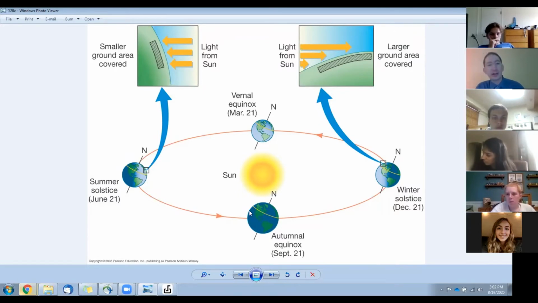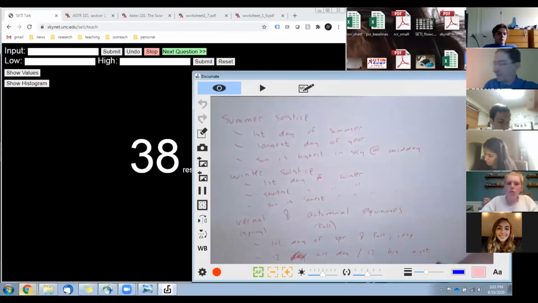I just did the equator. So at the equator, it doesn't matter where you are in the orbit. It's 12 hours a day, 12 hours of night on the equator everywhere. But the special thing about the equinoxes is even if I'm way up here near the Arctic Circle, half of it's in darkness and then the other half of the globe is in light. So 12 hours everywhere. Same over here on the vernal equinox. 12 hours and then 12 hours on the backside. And again, it's because the tilt is neither toward nor away from the sun, so it's a simple 12-12 division everywhere. Okay, given that, let's go back to our warm-up question and see how you did.